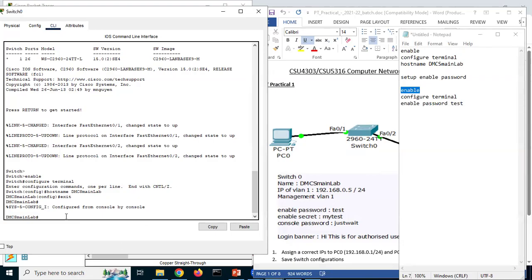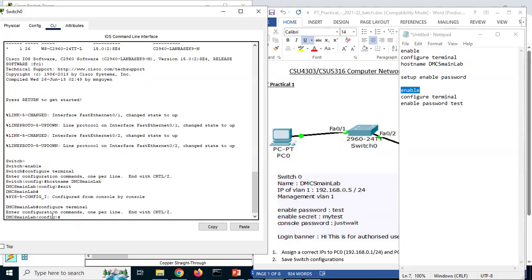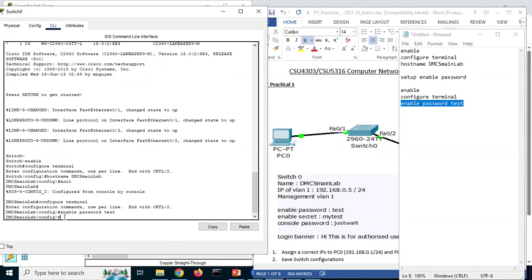I will start from configure terminal because we are already in the privilege mode, like this. Then we can set the password. So we type enable password test. So we have set this password